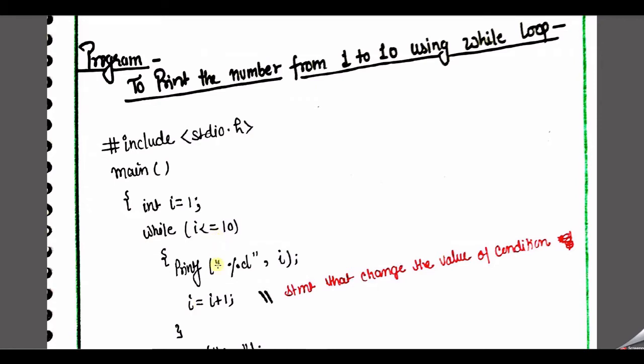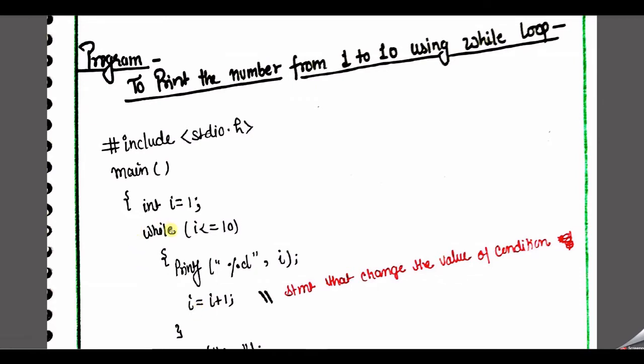When the condition is true, we go through the body of the loop, and then again where do we have to go? We go to check our condition again for the new current value of I. Now I is equal to 2. 2 less than or equal to 10. What is the value? True. The condition value is true. So again we need to print the value of I, so again we get the value 2. And again we need to increment the value of I. So now we get the value of I is equal to 3.